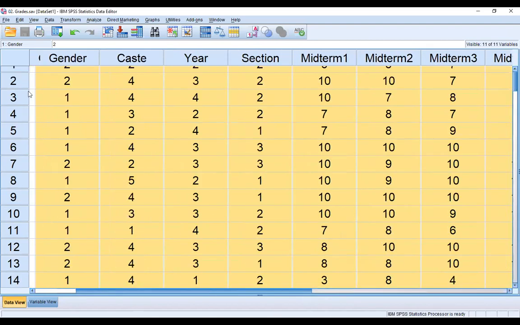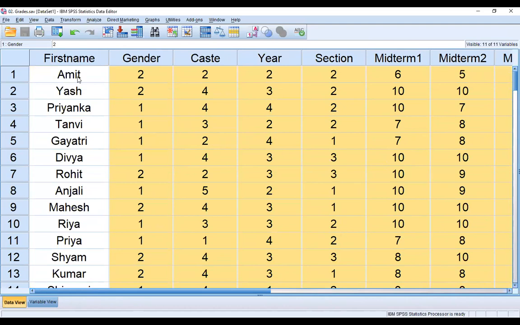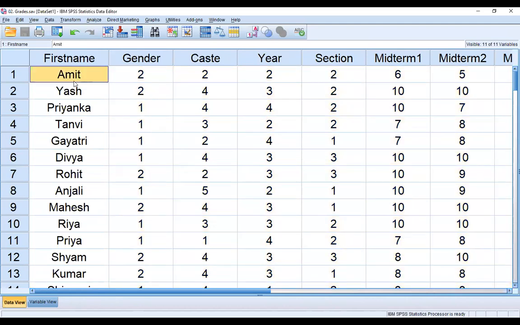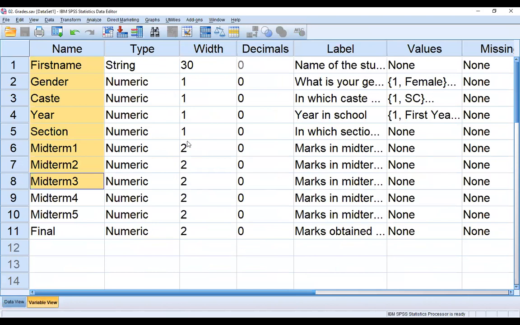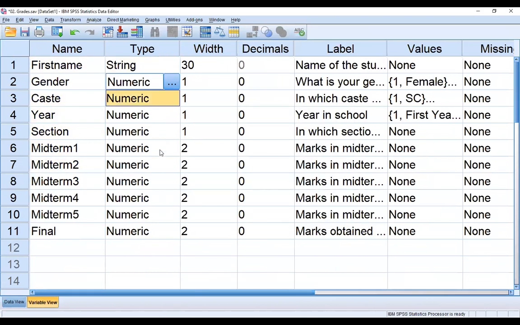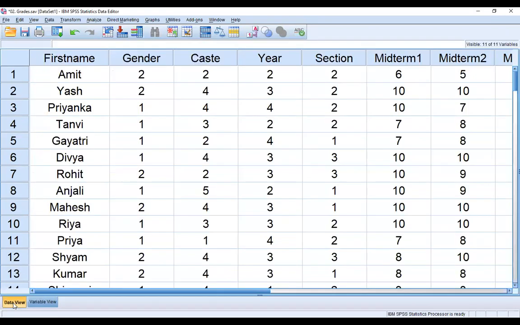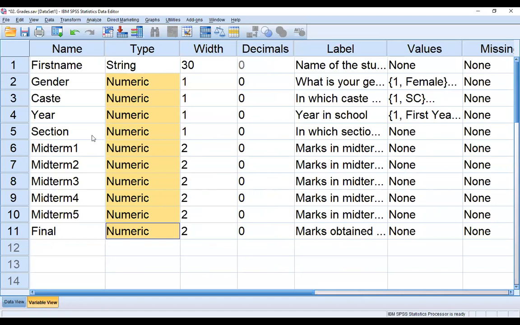Rarely do we use the names of the students because there is no meaning in the analysis if we take alphabetic values. But sometimes if we need, then we change it to string in the variable view. By default you can see all numeric values, and SPSS analyzes only numeric values.